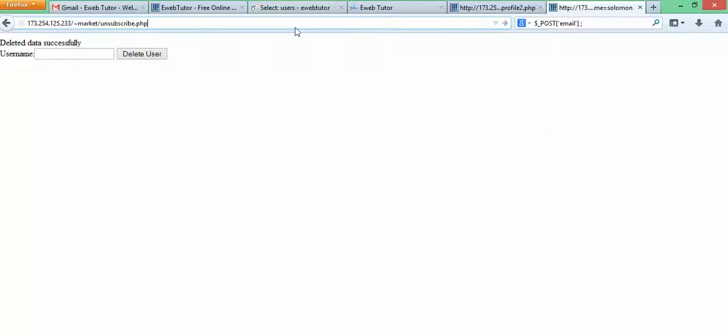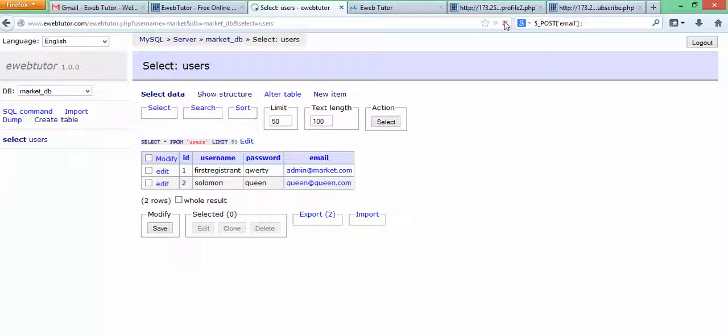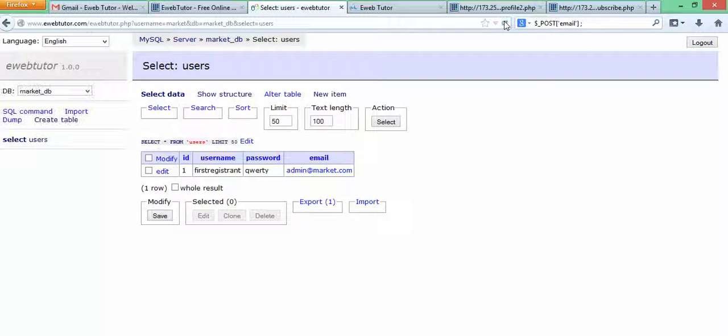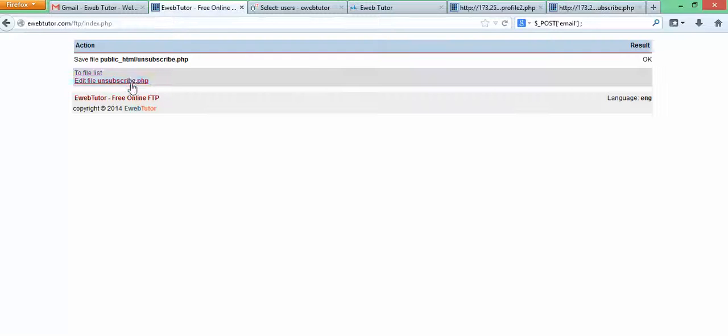So let's refresh. Username, Solomon. So delete user. Let's refresh. Can you see? The user Solomon has been deleted successfully. Delete user successfully. So the mistake we had the other time is because we did not use, every form must have